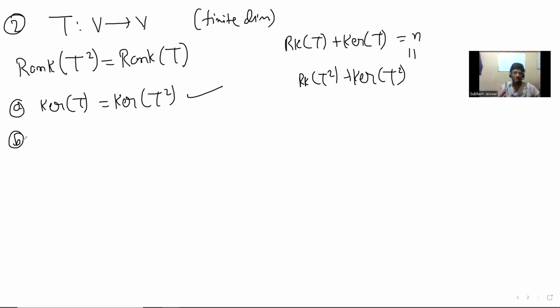The next question, and that's really interesting, is about the kernel, which is a subspace of V, and the image, T of V. T of V is also a subspace of V because the map is from V to V, the same vector space, not just under representation, same coordinates, but the same vector space. And we want to say, and that's important because we are taking a set-theoretic intersection, that it is trivial. And this is really a fundamental thing.